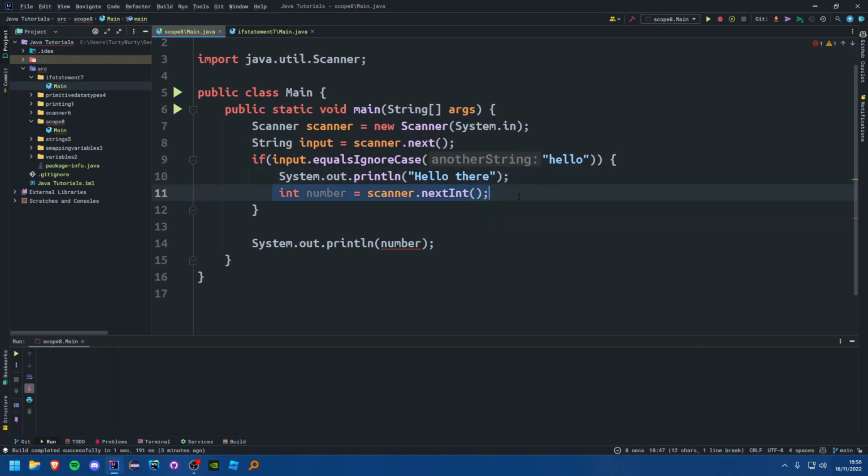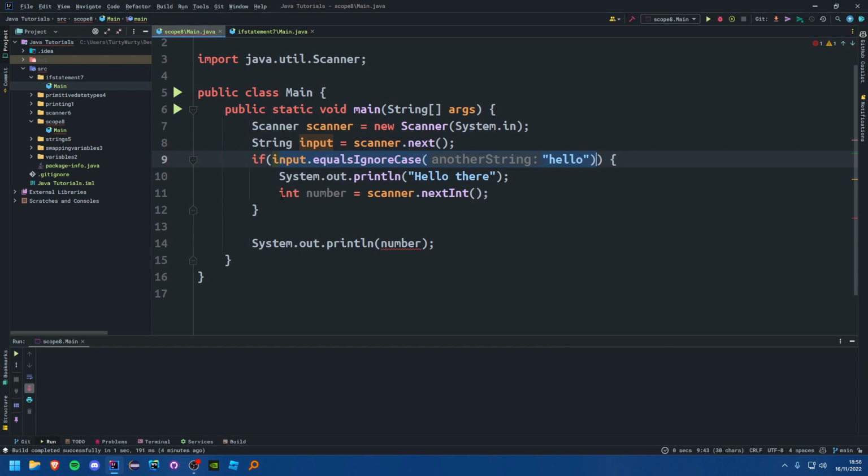You can't use this number here because if you look at these brackets we have for our if statement, you'll see that this is inside of our if condition. So anything outside of it can't access it. Now you may think, but this print is happening afterwards, right? So surely we should have access to that number because we have gotten that number, it exists, so why don't we have access to it? And you've got to think of it in the case of this input being false. If this input is false, so let's say I input something other than hello, let's say I input bye, for example,